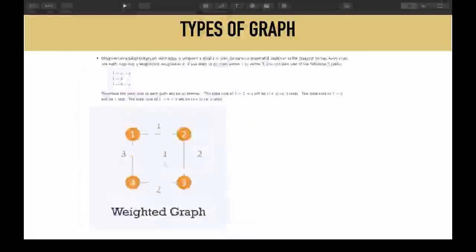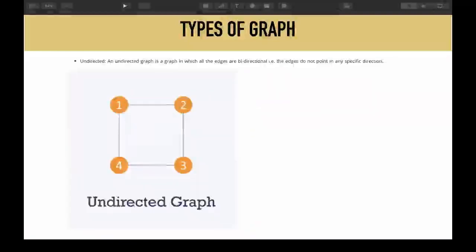Now, here we assume that all the edges have equal weights. Now, what do we mean by weights? Let us say you are standing at node number one, and you want to go to node number three. What paths can you take? You can start from 1, go to 2, and then go to 3, or you can start from 1 and take 4 as an intermediate node and then go to 3. So there are two different paths.